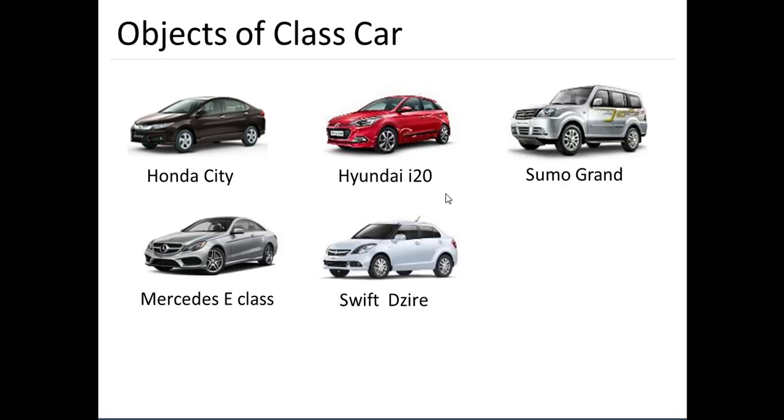Similarly, I have other cars also. All these are nothing but cars, isn't it? But again they are different from each other in terms of their information, in terms of their functionality. But in one sense they all are drivable. They all are functional. I can drive through them. That's why we can put all of them under one classification, that all these are nothing but cars.